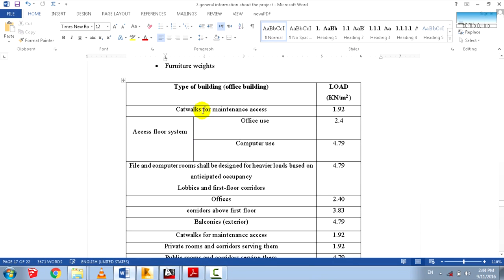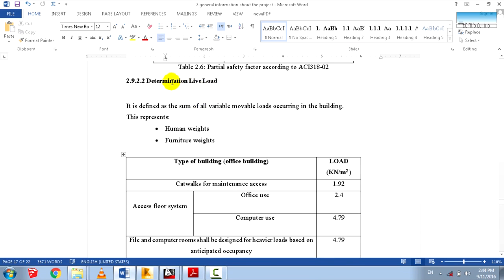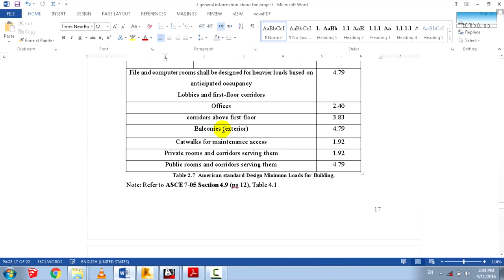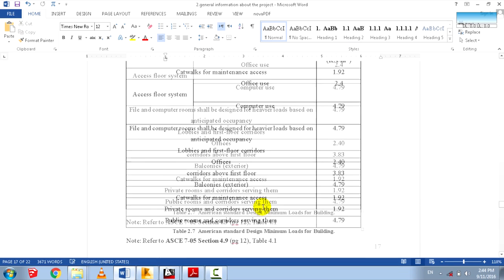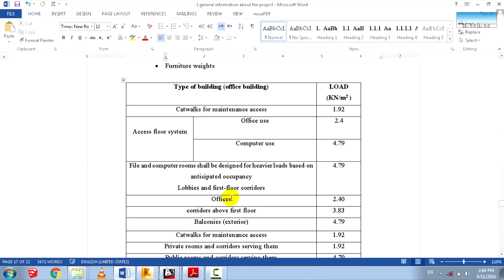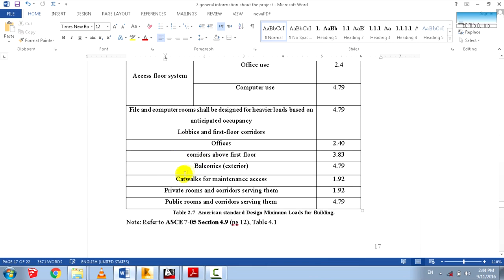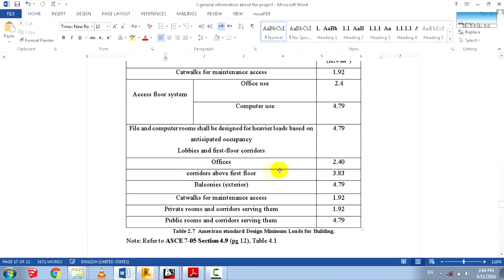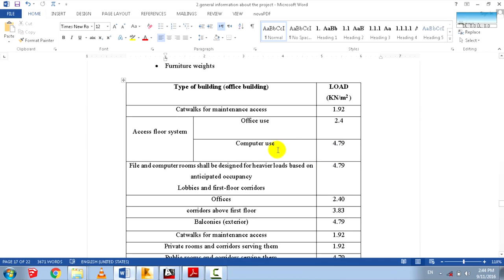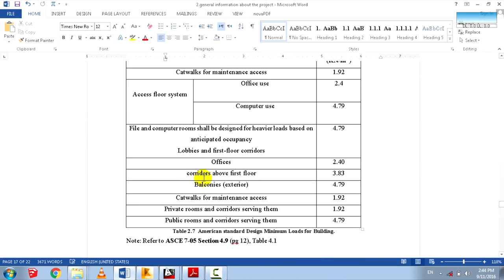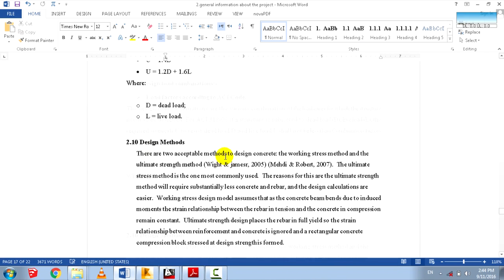So this is one of the most important things, the determination of the live load. It is given in the code, according to ASCE 7-05 section 4.9, page 12, table 4.1, that according to the type of the building we can assume the live loads. So the live load for balconies, for public, so what we're going to do is, okay, we can just go with